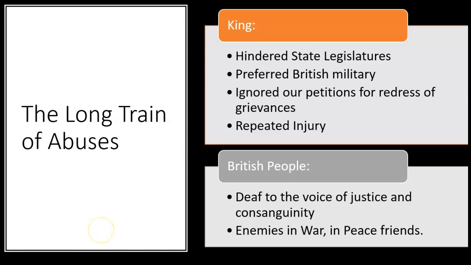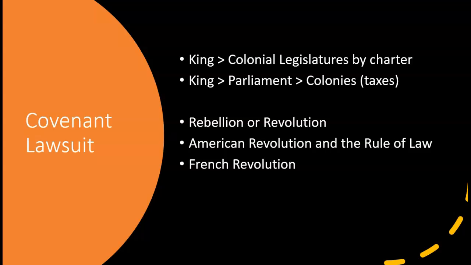This is different than, let's say, the French Revolution. So the way in which the British law worked, each of the colonial legislatures had their own charter. So there was a charter for Massachusetts in which they elected their own legislature. There's a charter in Virginia for which they elected their own legislature. Then those laws, those decisions were sent on to the king for approval. They were assumedly rubber stamped. And so the king and the colonies,